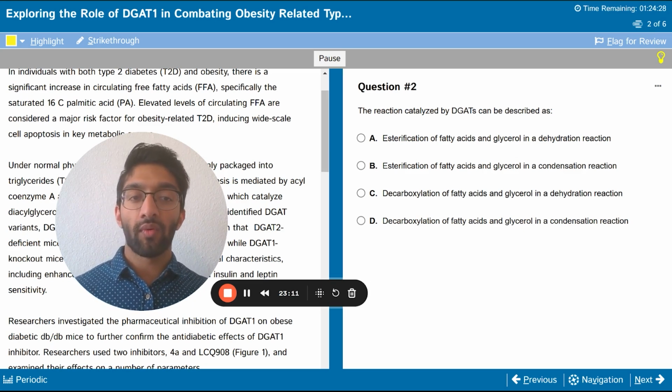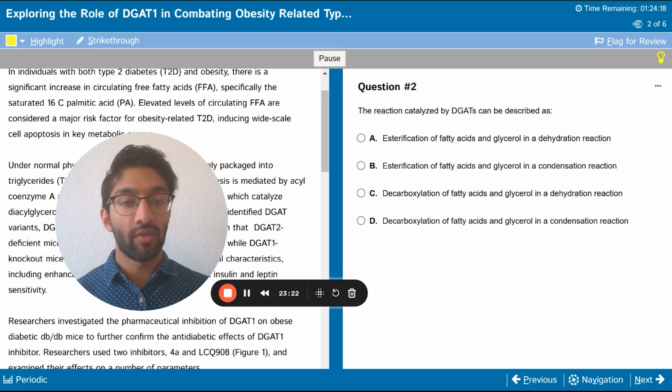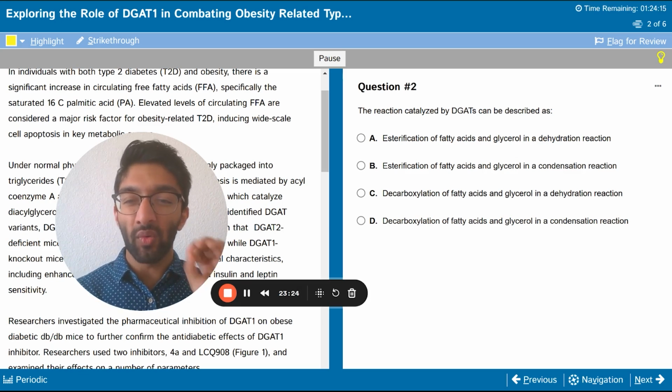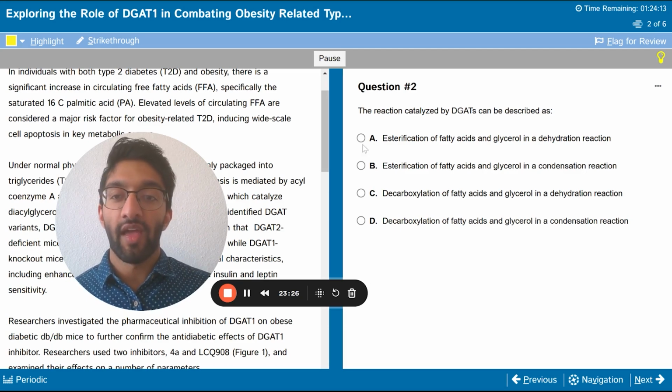So if you are able to pick between these two, understand whether it's esterification or decarboxylation, as well as whether it's dehydration or condensation, you'll be able to answer the question. That's the only thing you really need to focus on, okay? And if you go to the